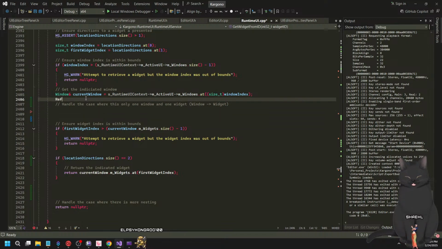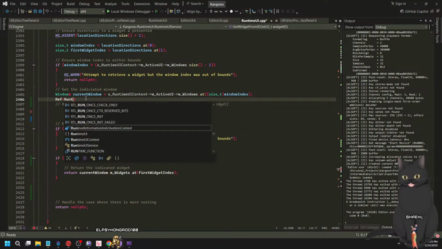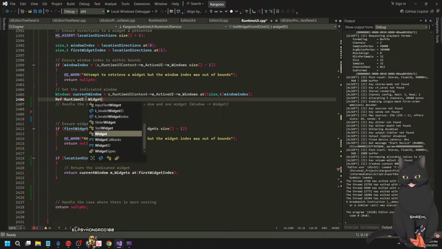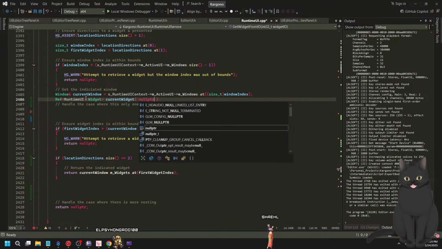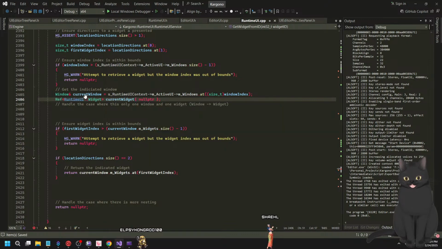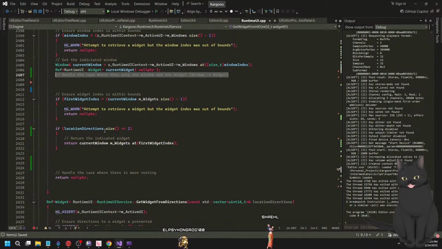Maybe put it right here. Ref runtime UI widget, and then we'll say current widget. And we'll set it to null pointer. Okay, and then basically